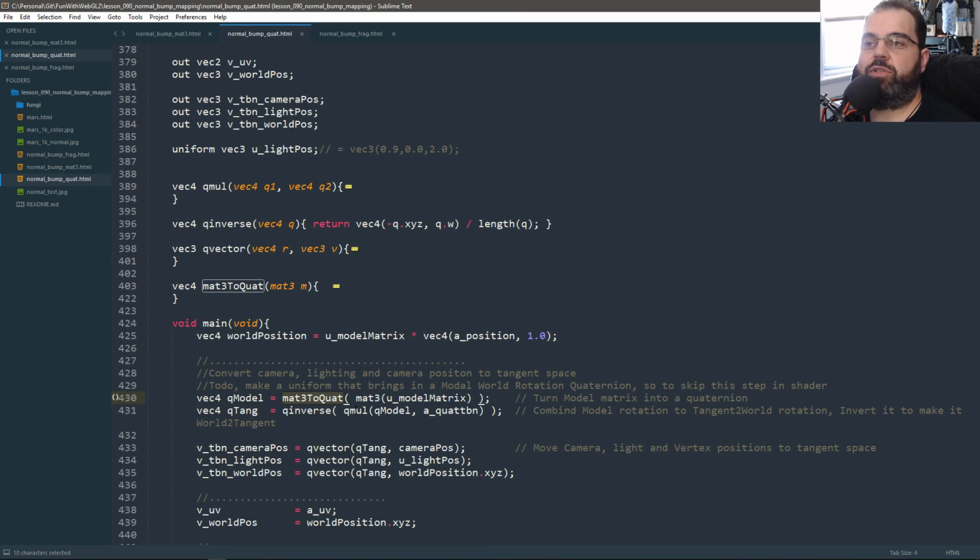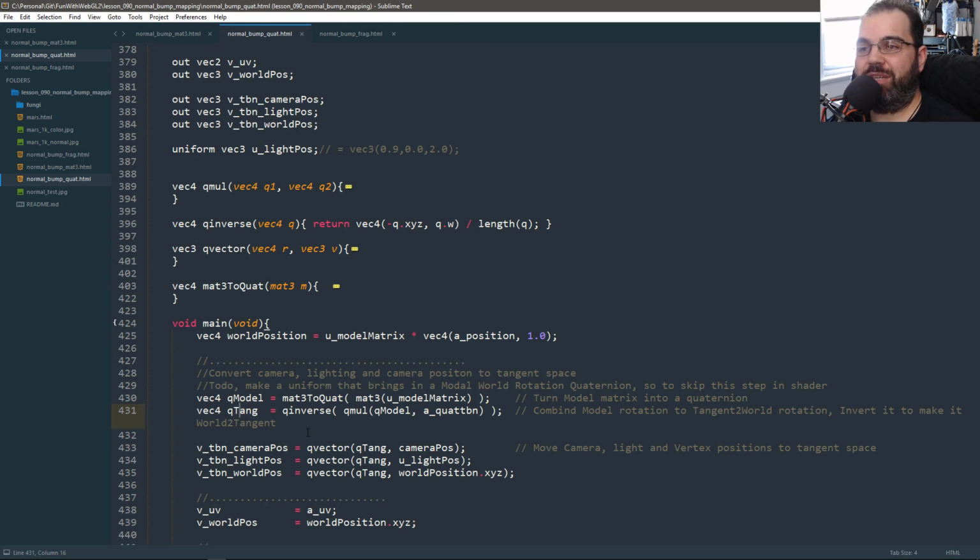I couldn't find one, so the only solution I could come up with was to convert our mat3 into a quaternion and then multiply that model matrix quaternion against our tangent space quaternion,